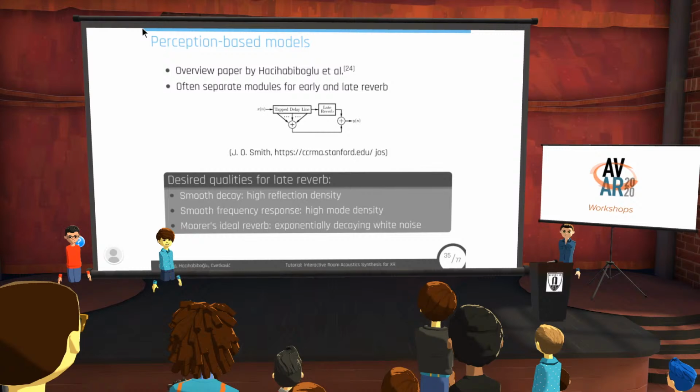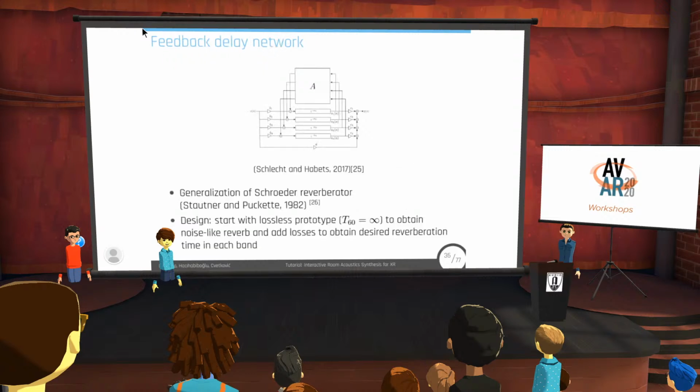So just to give an idea of the design approach that is used here, one ideal late reverb would be exponentially decaying white noise. And of course, we could use exponentially decaying white noise, but that would mean calculating a convolution for this. So we want something that is a lot faster than that. And something that provides such speed is a so-called feedback delay network. This is a very simple recursive filter, as you can see in the figure,